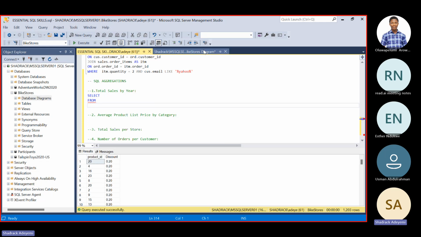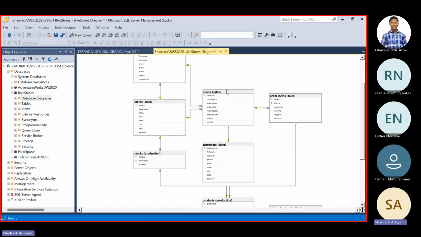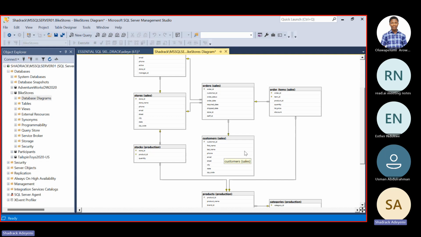Now I go back to my schema diagram and I say, okay, I want to know the total sales. Because I've gone through this table before, there's only one piece of information that is pointing to pricing, which is the list price.